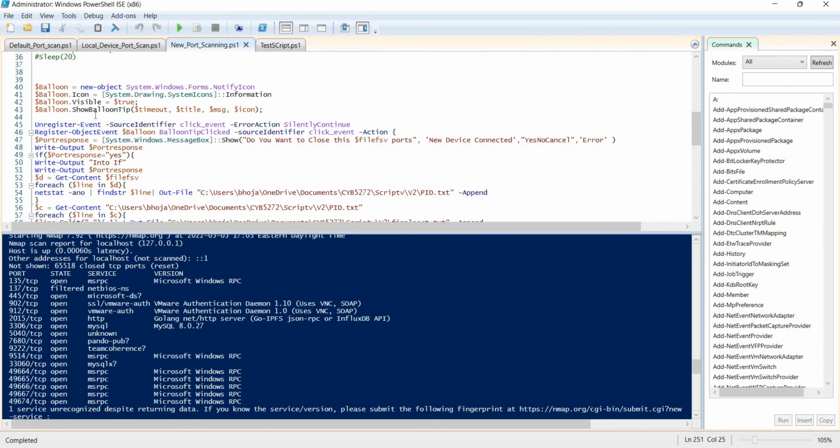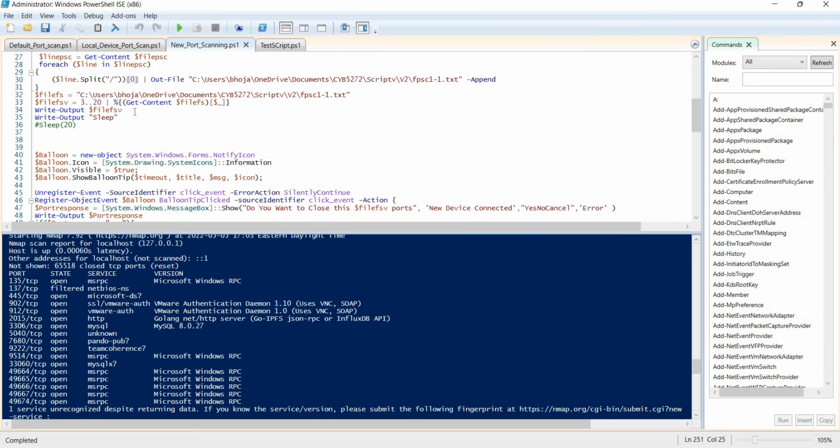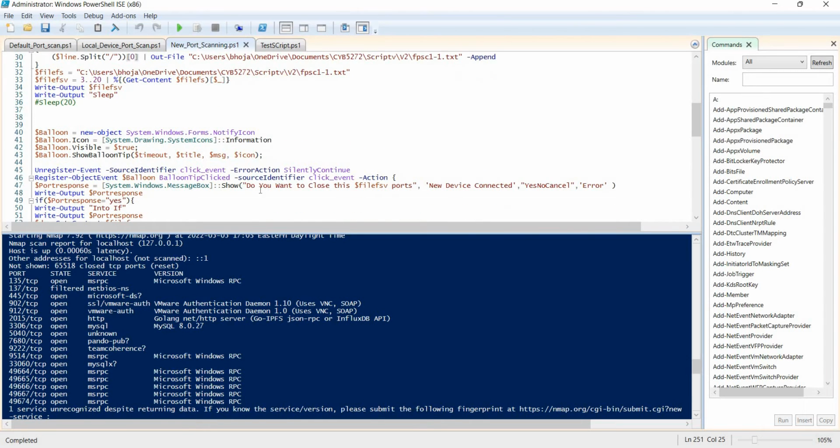and we will show a balloon notification, and when the admin clicks on that balloon notification we will show the "Do you want to close this" file FSV port. So in file FSV, where we get all the port numbers from the file, it will show all the port numbers here, like "Do you want to close this 135, 137, 445 ports," and if the user chooses yes, then